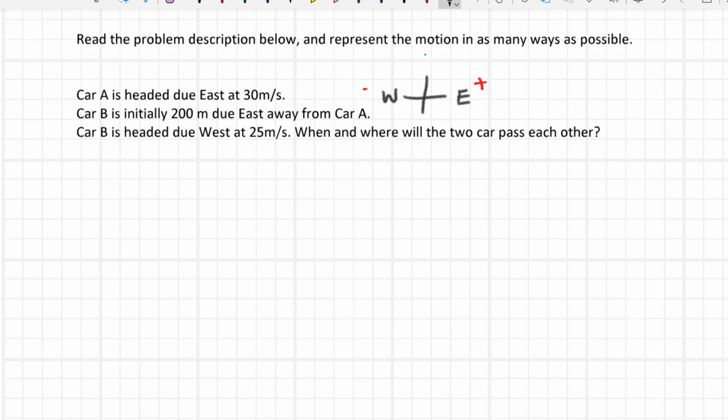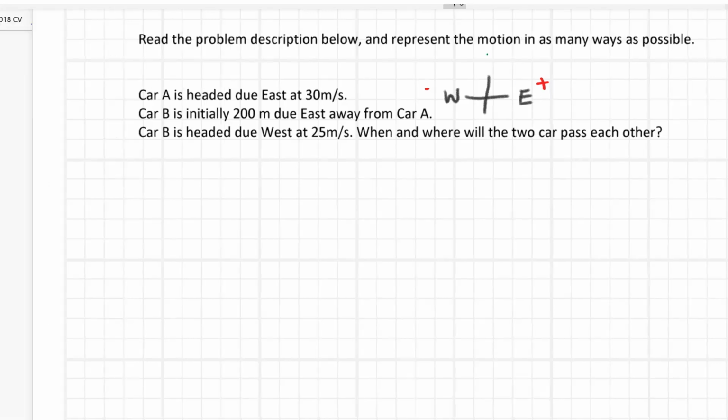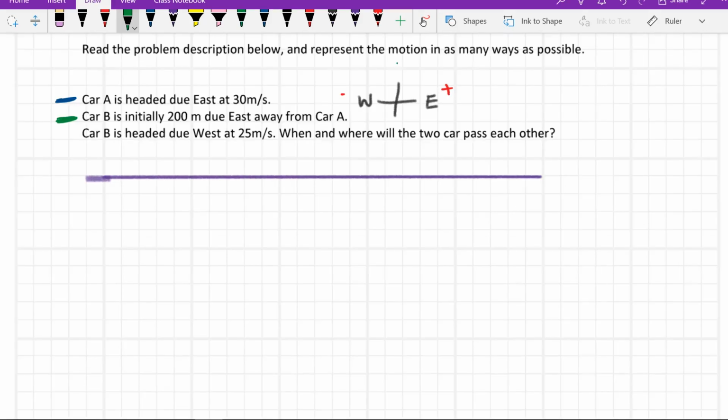So first of all, let's try making a motion map. Okay, so I've made a little motion map line. I'm going to say that this spot here is going to be my origin, 0. And since I've got this nice grid here, that's 5, 10, 15, I'll make this the 200 meter section away. This is the positive direction, and this one would be the negative direction. I'm going to do car A in blue. So car A,